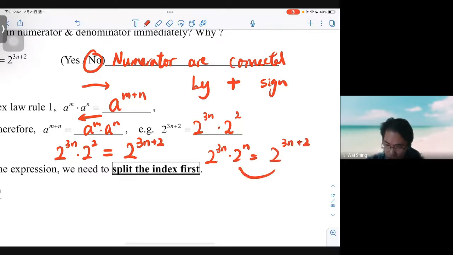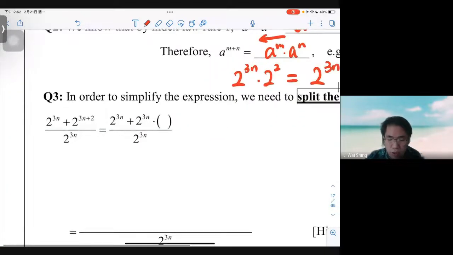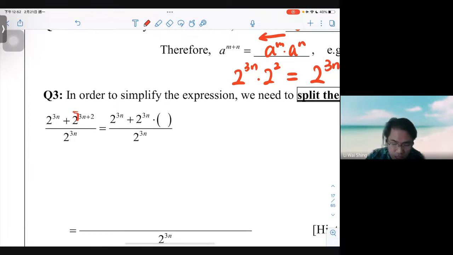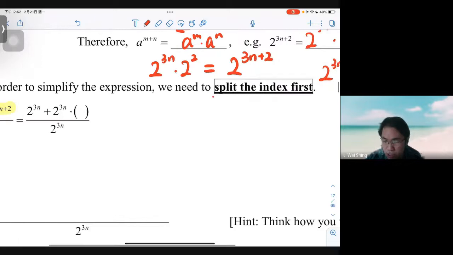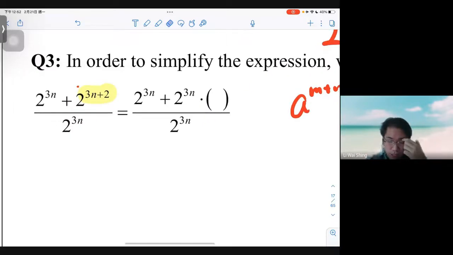So this time we are doing it from the right to the left. Okay, so in this question, when you are asked to simplify this, you can do nothing, but you see that the power has a plus sign there, so you can split the index. OK，當你諗唔到有咩好做嘅時候，拆咗個次方，a 的 m 加 n 次方等於 a 的 m 次方乘 a 的 n 次方，所以 just like Antonio said。